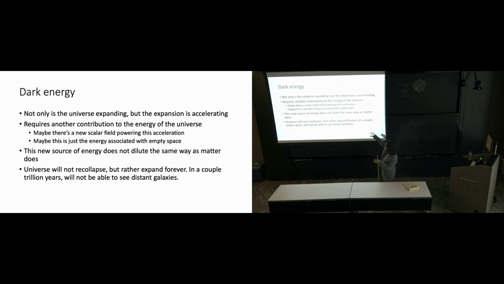But galaxies that are not part of what we call our local group, as space expands further and more, will get farther and farther away. They will be dimmer and dimmer, and in something like 1 trillion years, our descendants, well, for one, they need to move to a different solar system because the sun will be long gone. But assuming that our descendants live on somewhere in 1 trillion years, they won't actually be able to see these distant galaxies.